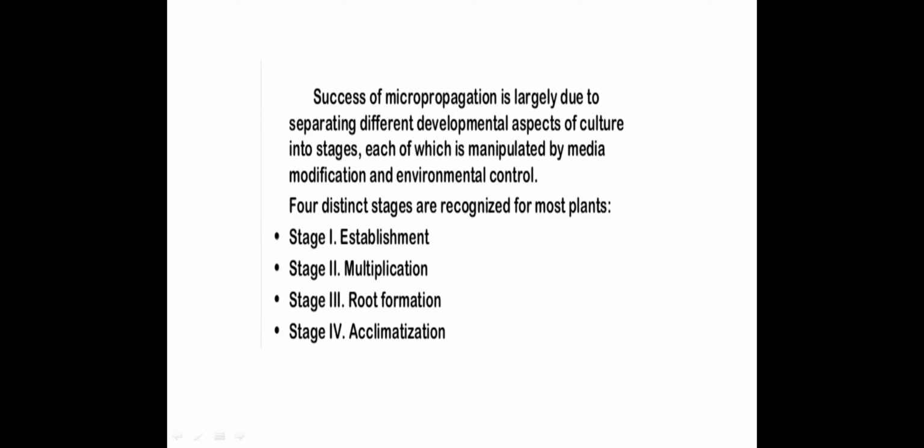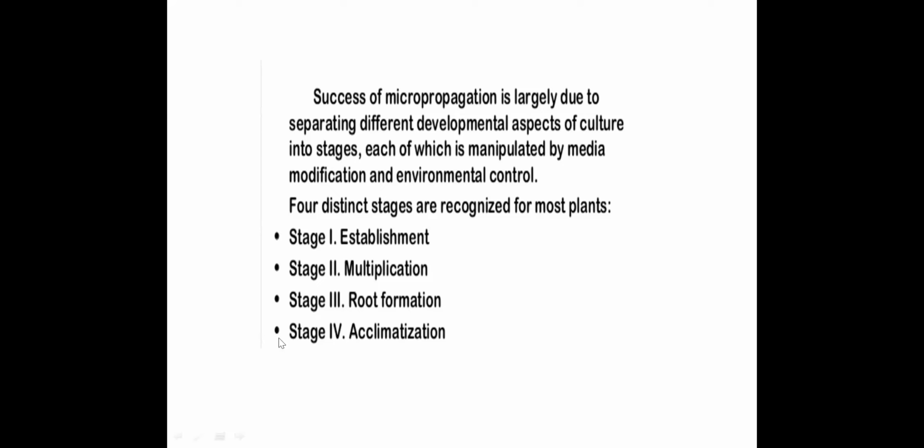Acclimatization is adjusting to the environment. How much you can provide the plant some characters by which it can adjust, because it cannot keep on growing in the glass test tube. At a certain point you have to transfer it to the field. In that case it has to get acclimatized. If we suddenly go and are put in the USA or Canada, it will take some time for us to acclimatize to the cold condition there. It may take 1 month, 2 months. That is called acclimatization, adjustment to the environmental condition.